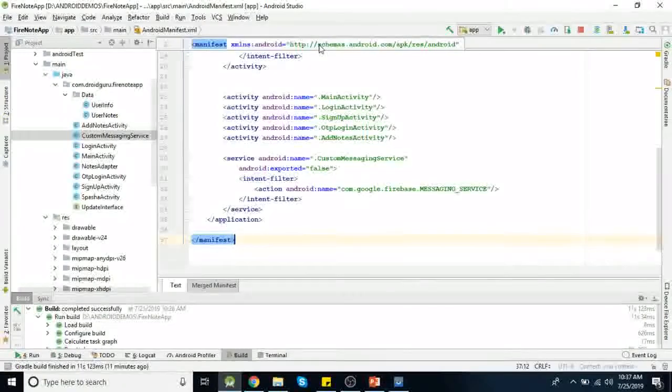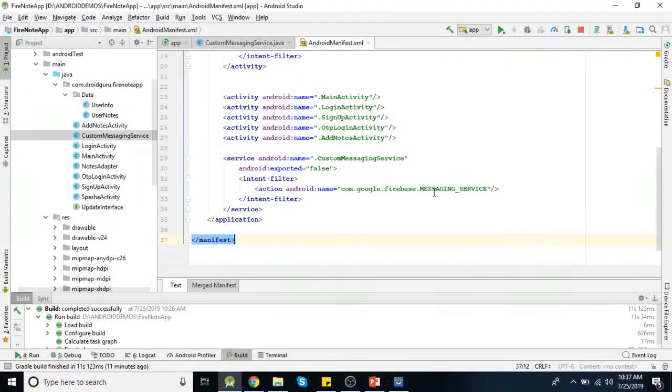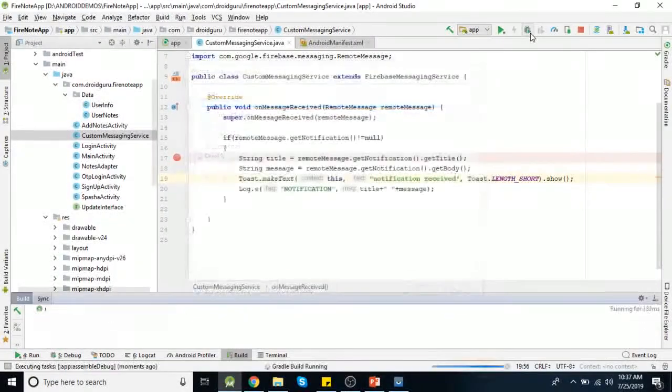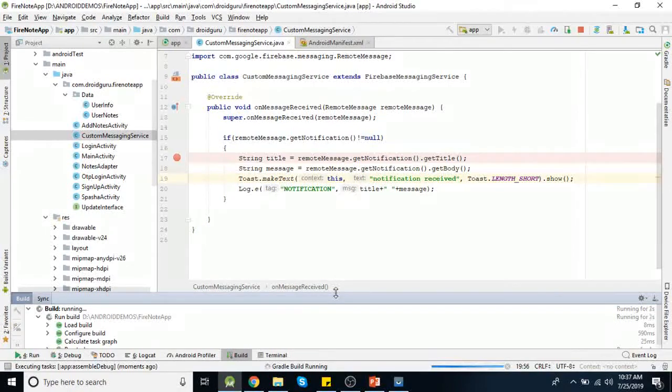Oh, sorry. Actually, I made a mistake here. It should be messaging underscore event, not service. Now we can test it.